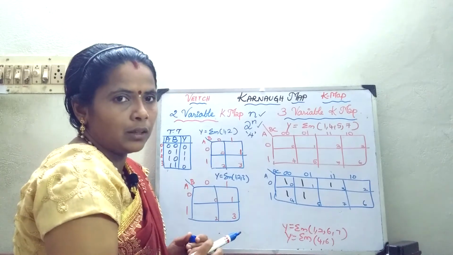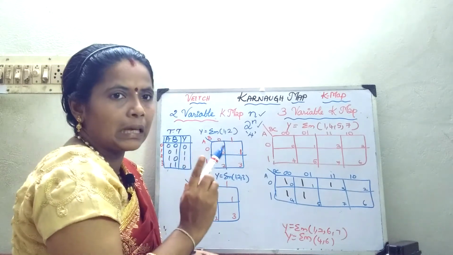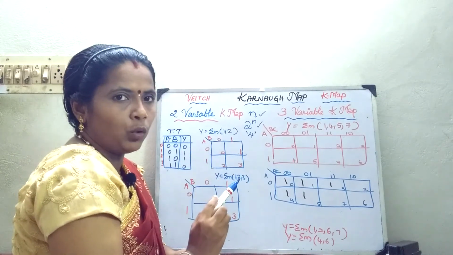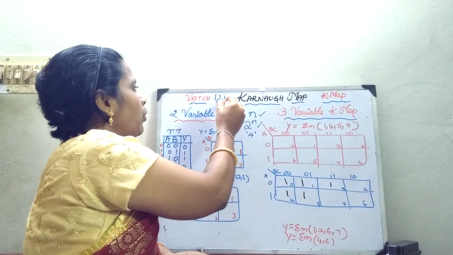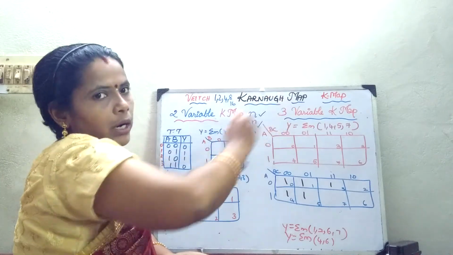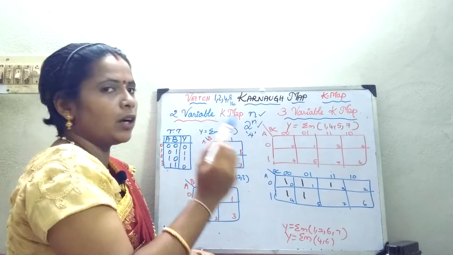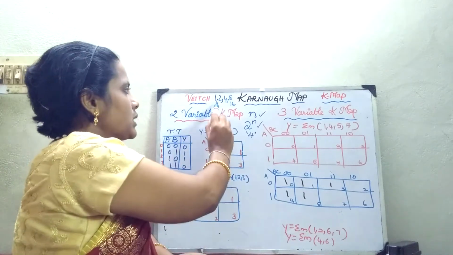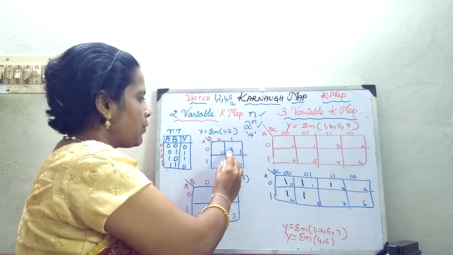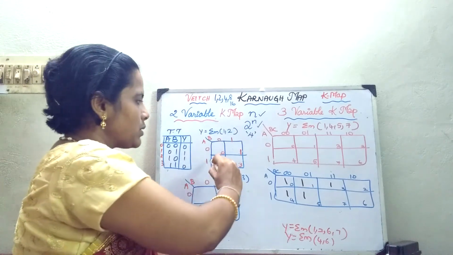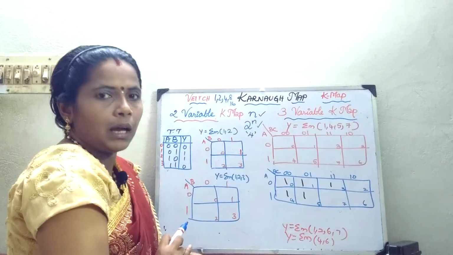What are the rules that should be followed? Each and every cell should differ only by a single bit. The second rule is that you should always group in 1, 2, 4, 8, 16 and so on, in terms of 2 power n. After 16, a 32 cell grouping, like that. Always group either a single cell, 2 cell, 4 cell, 8 cell or 16 cell grouping. Suppose the expression is in these two places, this cross overlapping, that is diagonal grouping, is not allowed.